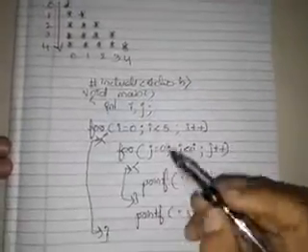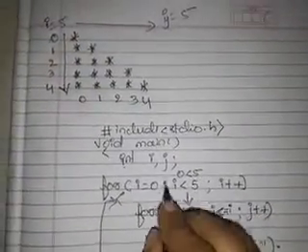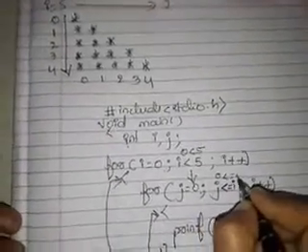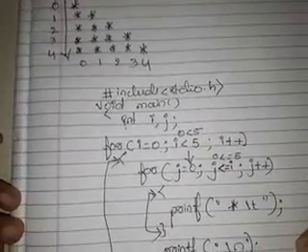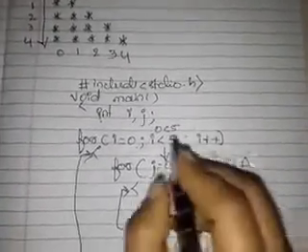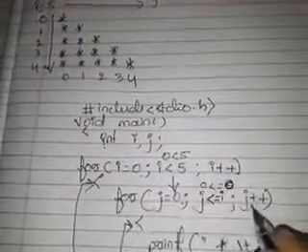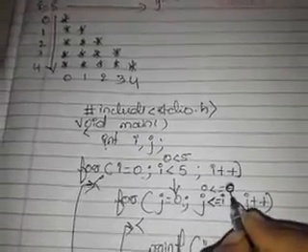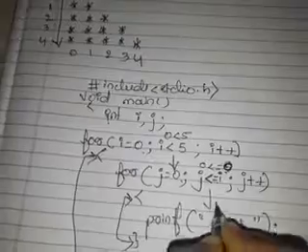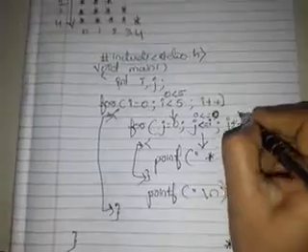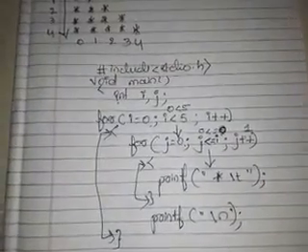Okay, so how exactly does it work? i is equal to 0, 0 less than 5, true or false. As it is true, it will come inside. So I know that for every value of i, all the values of j execute. j is equal to 0, 0 less than or equal to i. I'm extremely sorry, 0 less than or equal to 0, because the value of i is 0. True or false? Yes, it is true. As it is true, it will come inside. The first asterisk gets printed. j plus plus, the value of j will become 1.